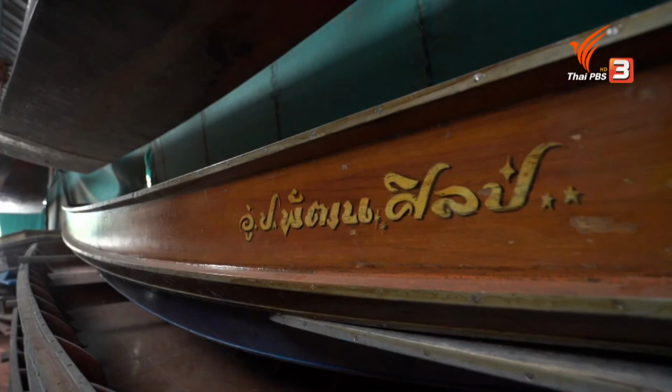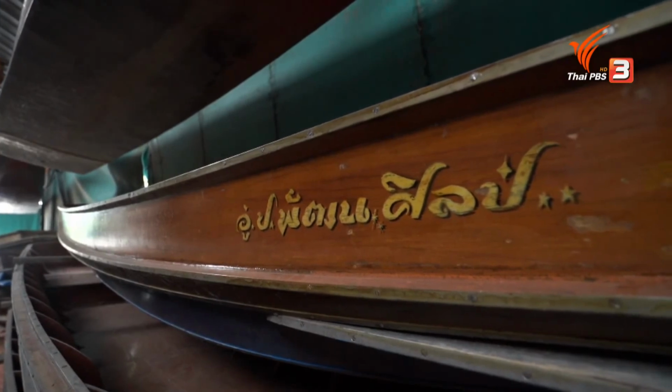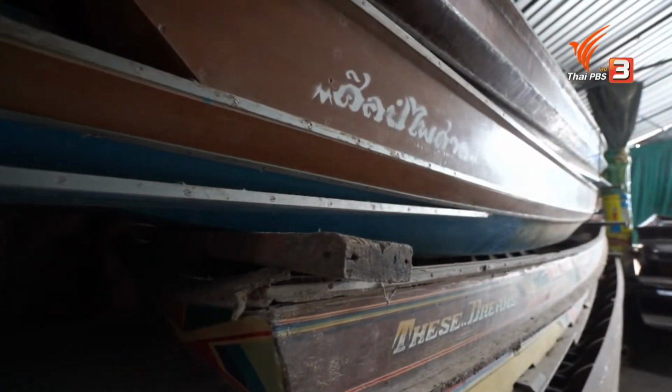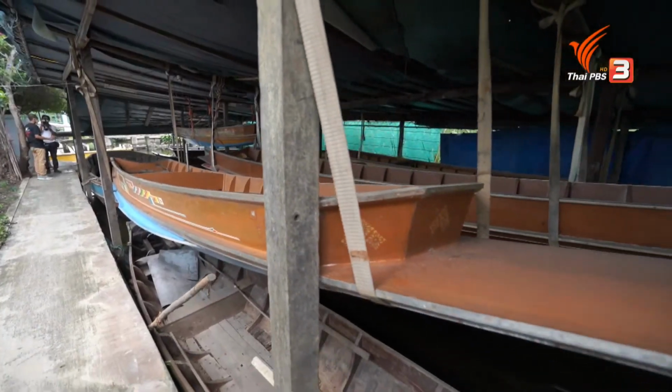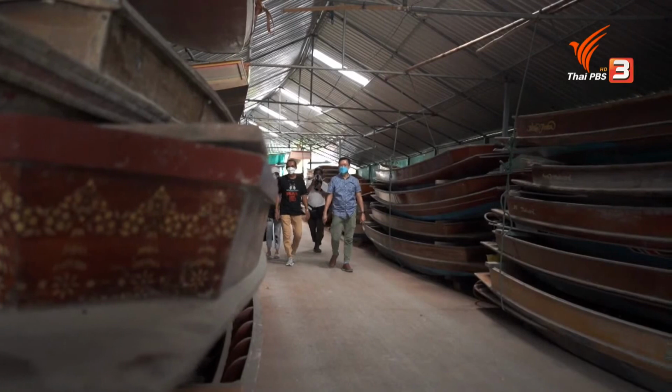Da Yuen buys boats from all over the country. Even the people of Dam Nung Saduik, Klong Bang Suak Nung, and Bon Pal must take their boats over 70